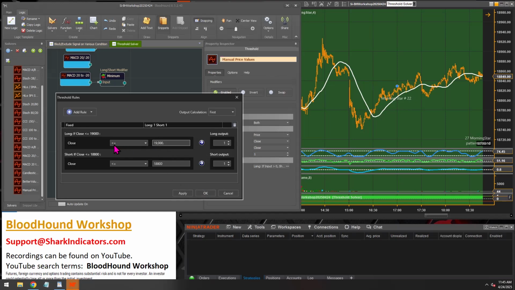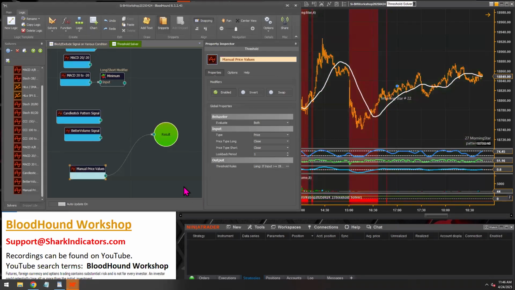So there we go. Let's set that correctly. So if the close is greater than or equal to 1900, then we can take longs. Or if the close is less than 1880. All right, if we take a look at that,